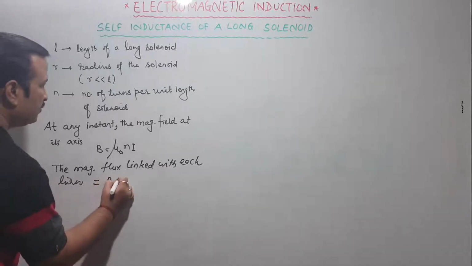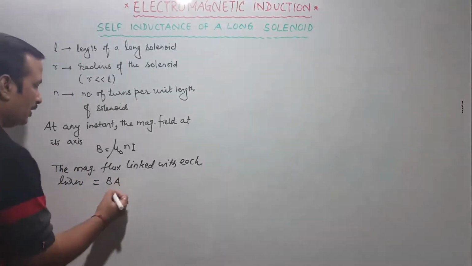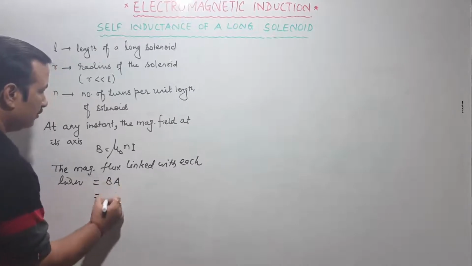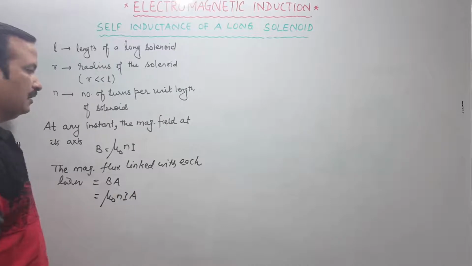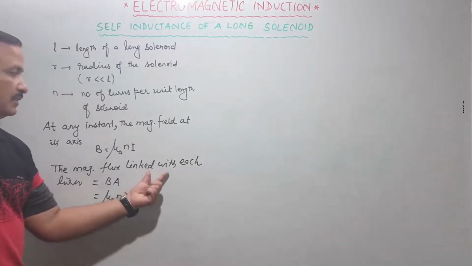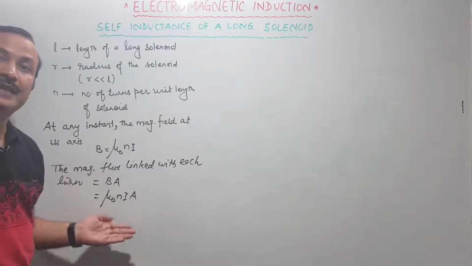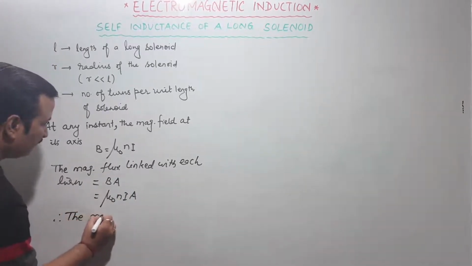We know it is B into A, where A is the area of the solenoid, or we can say the cross-sectional area. So this is equal to mu naught N I A. This is the magnetic flux linked with each solenoid turn. So what will be the magnetic flux linked with the entire solenoid? Therefore, the magnetic flux